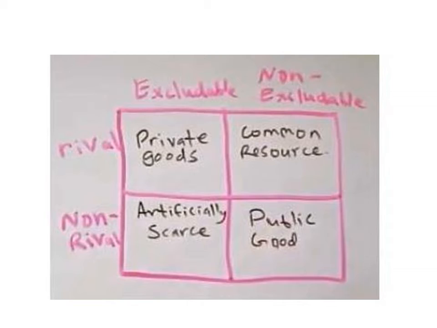Now what about artificially scarce? So it's excludable in that we can prevent people who didn't pay for it from using it, but it's non-rivalrous, meaning that if I'm using it, you could be using it at the same time. An example of this would be something like Netflix, okay? I pay my $7.99 a month, and I can watch a popular show. Let's pick Orange is the New Black. Let's assume I'm watching that. There's no way to prevent you from watching it at the same time.